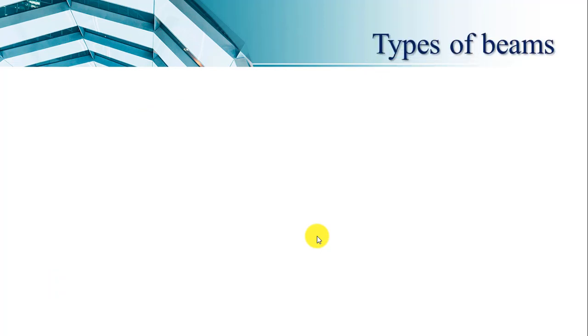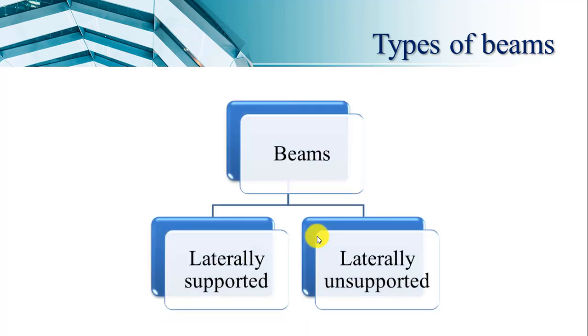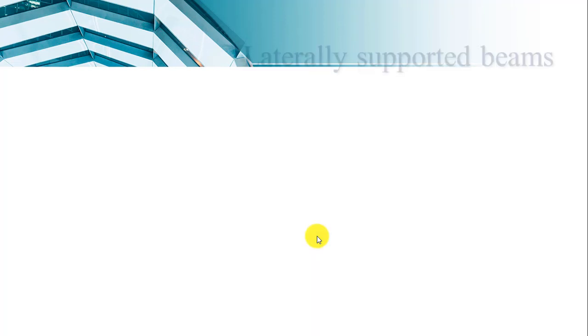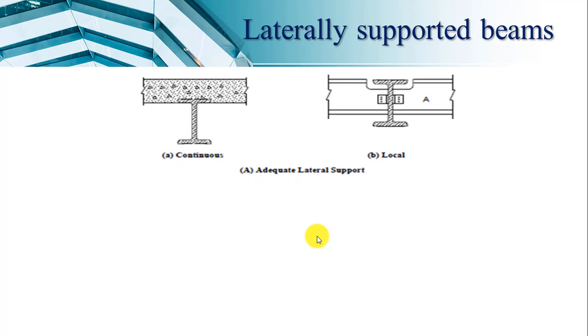So now in beams, as far as this subject is concerned, mainly two different types are given, and those are laterally supported beam and laterally unsupported beam. So now let us see what exactly are the laterally supported and laterally unsupported beam. Let us see the first part, laterally supported one. Its name itself suggests that the support is given in the lateral direction, which is called a laterally supported beam. Then what are those cases?